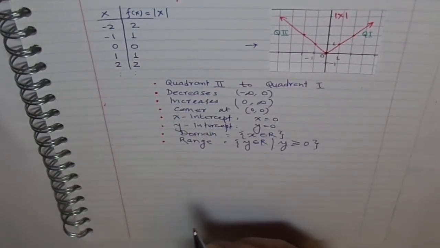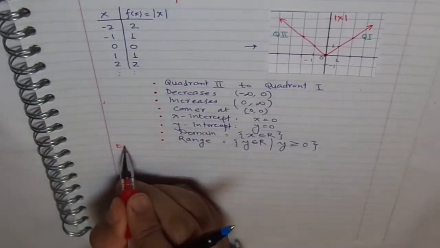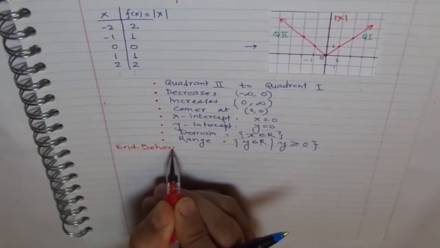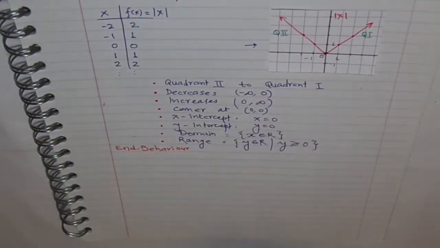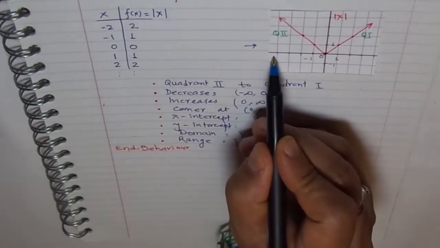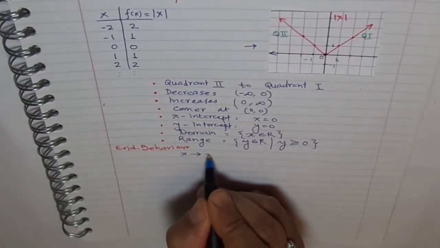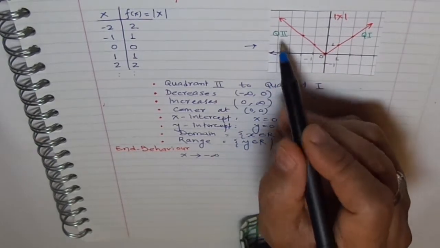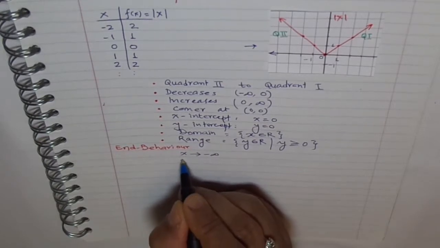Let me now talk about some other properties like end behavior. Do you remember what end behavior is? End behavior is how our graph behaves when we are approaching positive infinity or negative infinity. So that means negative infinity is this direction, correct? So if x approaches negative infinity, what happens to y or the f(x) value? It approaches positive infinity. We say when x approaches negative infinity, y approaches